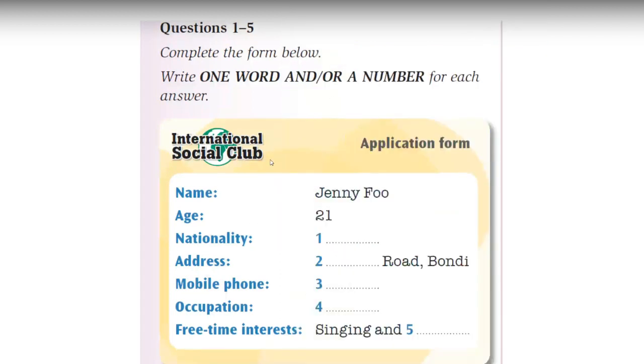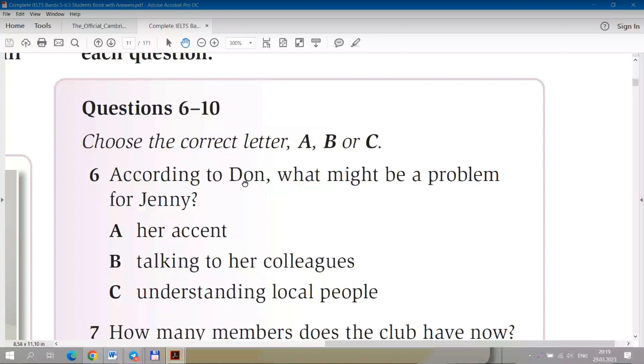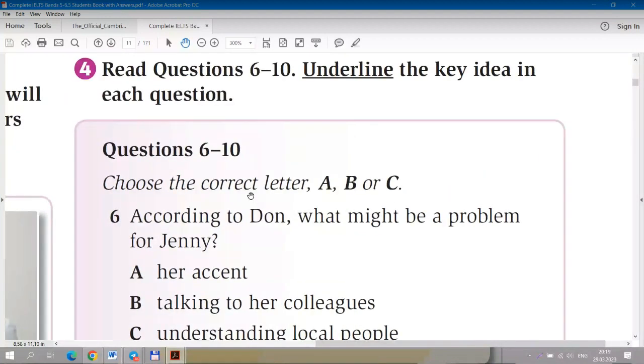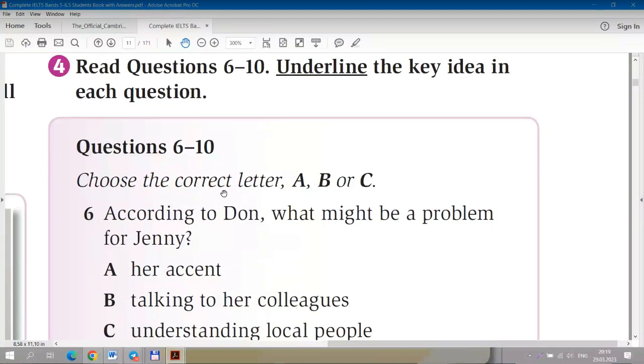All right, let's see. Multiple choice questions. So, all right, before we continue, I will give you guys some of my own suggestions about multiple choice questions. The things you should know about multiple choice questions is that there are usually 2, sometimes 3 speakers talking to each other, and you will have 3 to 4 options, and only one of them will be correct, while the rest of the options are usually distractions.